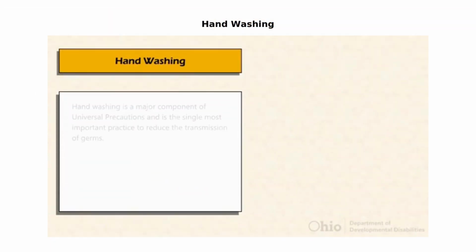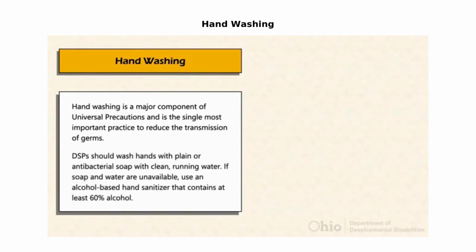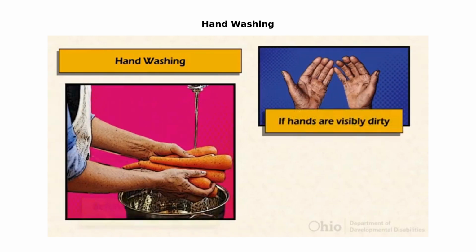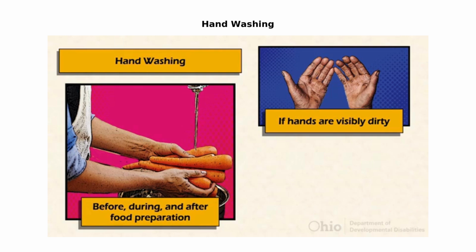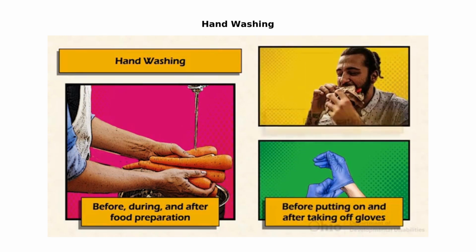Hand washing. Hand washing is a major component of universal precautions and is the single most important practice to reduce the transmission of germs. DSP should wash hands with plain or antibacterial soap with clean running water. If soap and water are unavailable, use an alcohol-based hand sanitizer that contains at least 60% alcohol. Hand washing should be done if hands are visibly dirty, before, during, and after food preparation, before putting on and after taking off gloves, before eating,